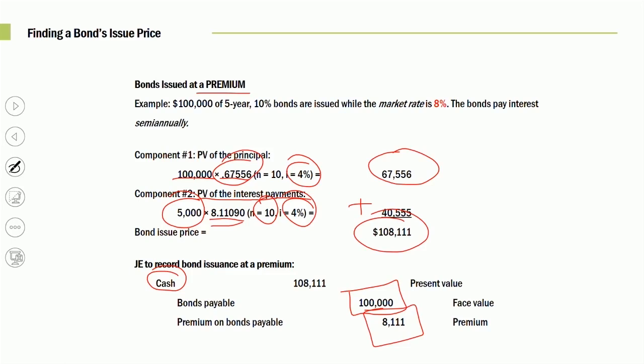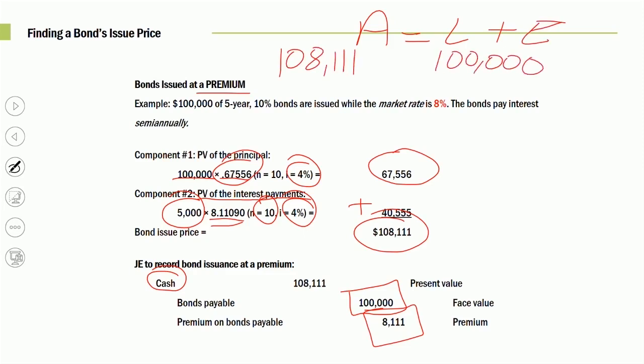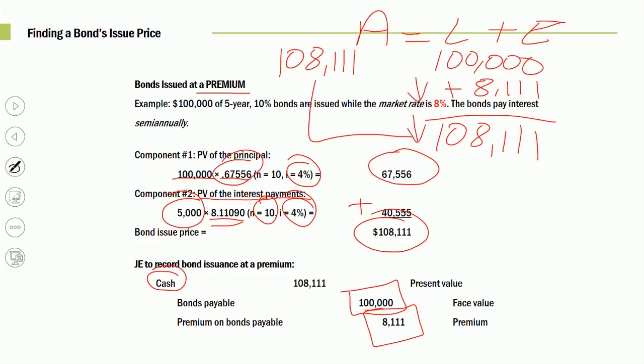in the next example. So for right now, what does our balance sheet look like? We take in cash of $108,111. I got to repay someday $100,000. Your initial carrying value has got to equal the cash proceeds, $108,111. So as of right now, I have unamortized premium of $8,111. That's yet to be recorded. It's really a deferred gain. We'll use that to offset our interest expense over time. As we amortize this premium, as we add a smaller and smaller number, what's going to happen to our carrying value? It's going to go down until eventually it's $100,000. Then we repay the loan. So that's a premium.